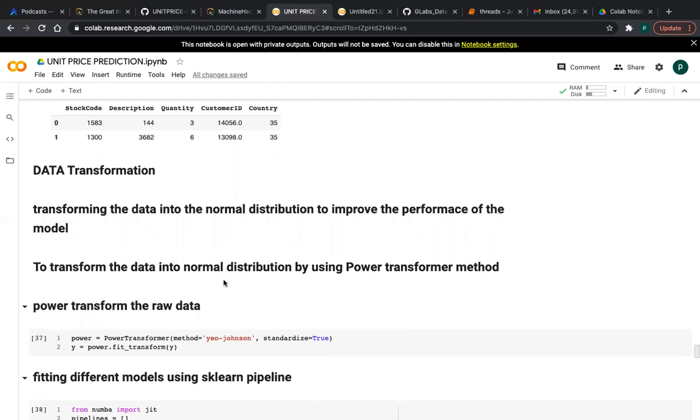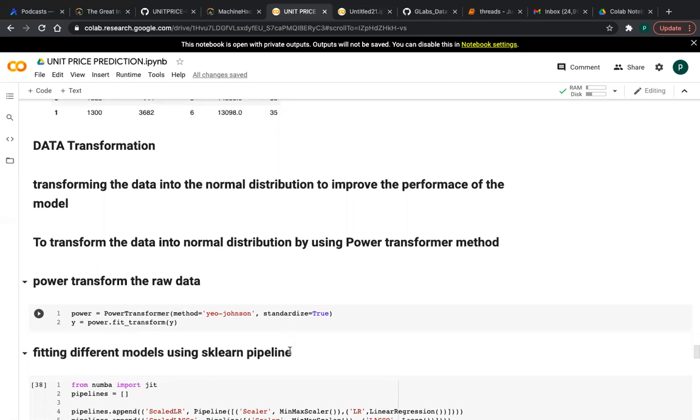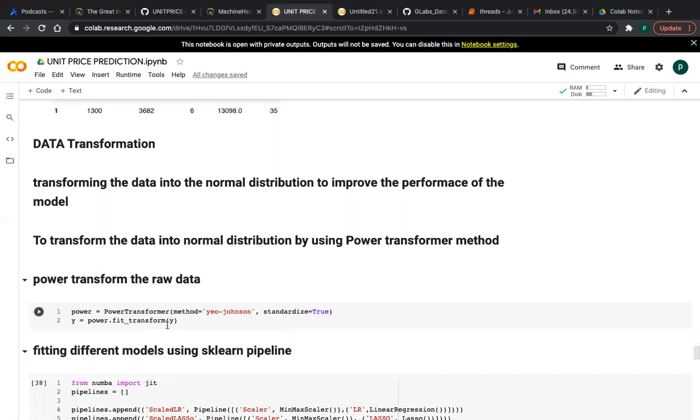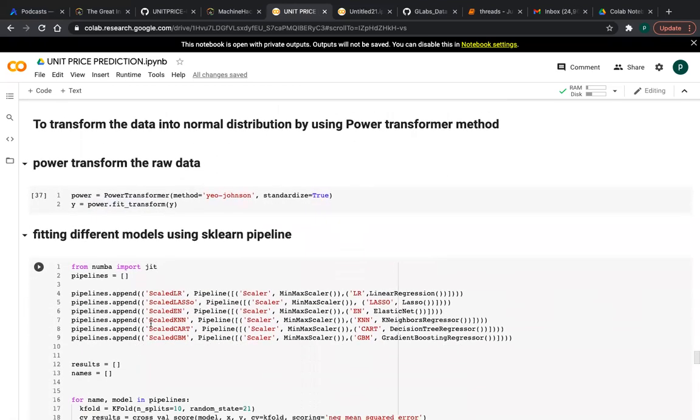So I am power transforming the data. This is the syntax for transforming the data: power transform. I am also standardizing the data. After that we have to use the fit_transform method, like that. After this I am fitting the different models using a pipeline, so you don't need this command, friends.